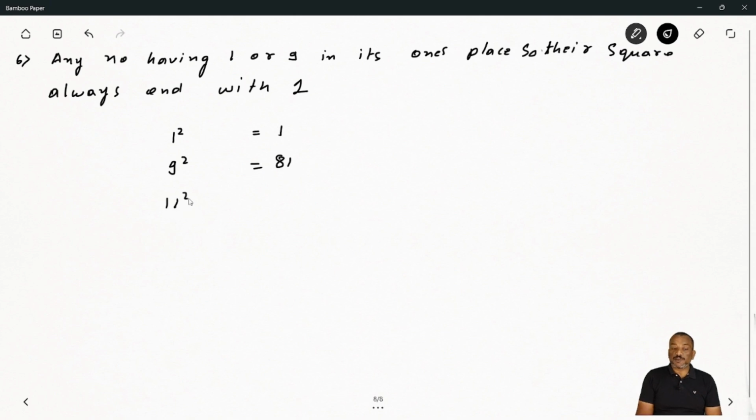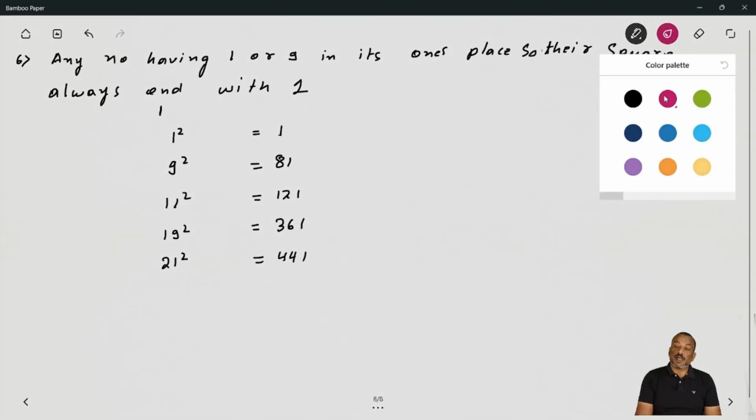11 square, you will see how much you will get, 121. Okay, now same way you can check 19 square. So 19 square you will get 361. Same way 21 square you can get 441. So you can see all these numbers. Their ones place is what,